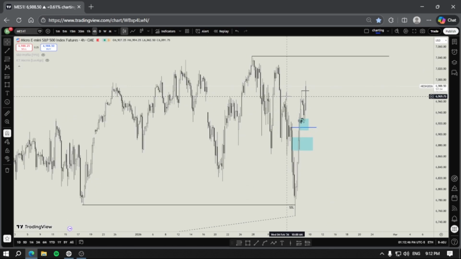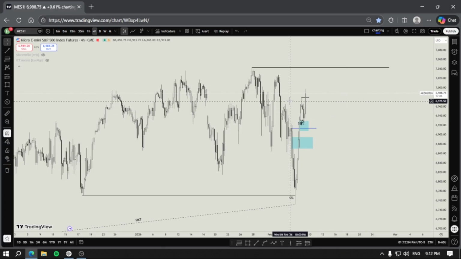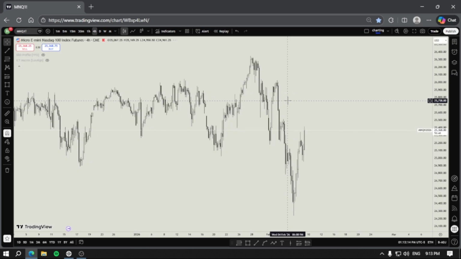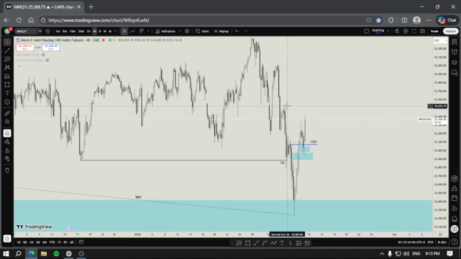Just ES is much stronger than NQ. ES is stronger than NQ. This is not an SMT. People are so confused by it. SMT just by itself means absolutely nothing. If you're looking at sell-side sweeps and SMTs by themselves, it means nothing. First of all, you need a PD array in order to find direction, in order to find bias overall. This is just a discorrelation between assets. Just ES is much stronger than NQ. That's it.